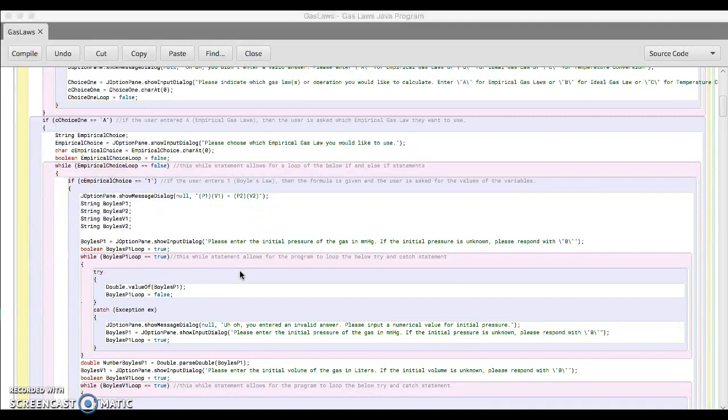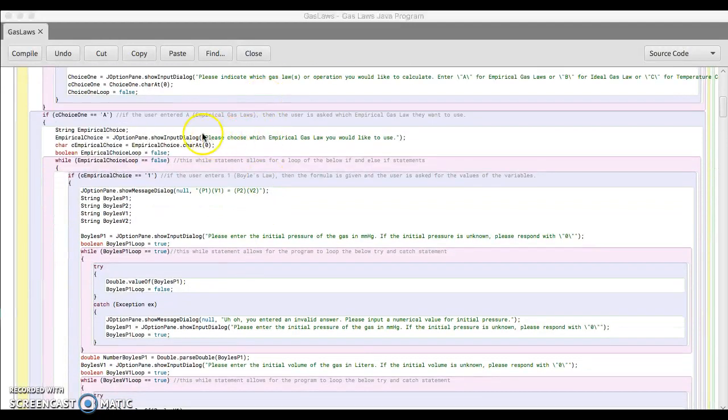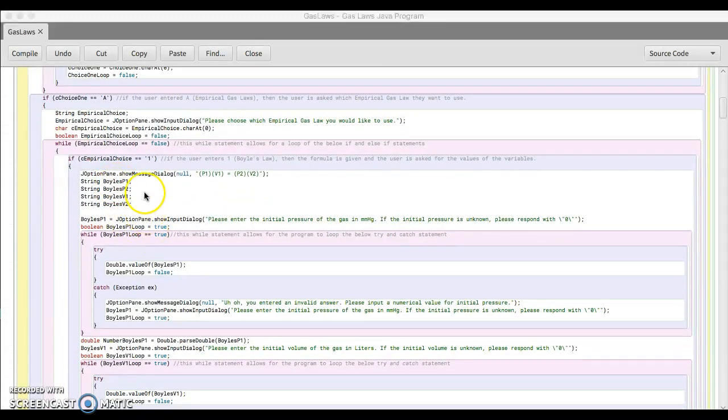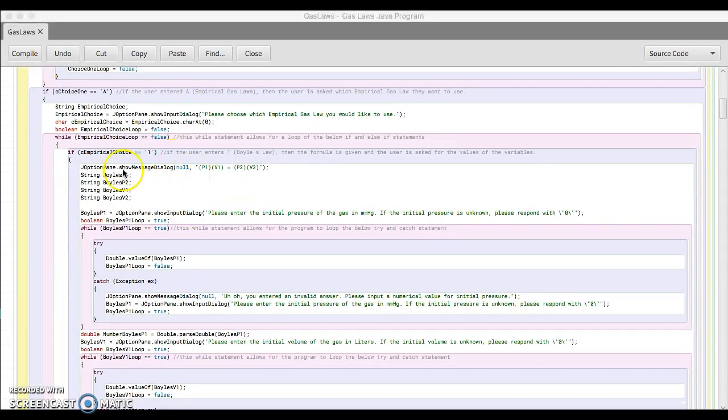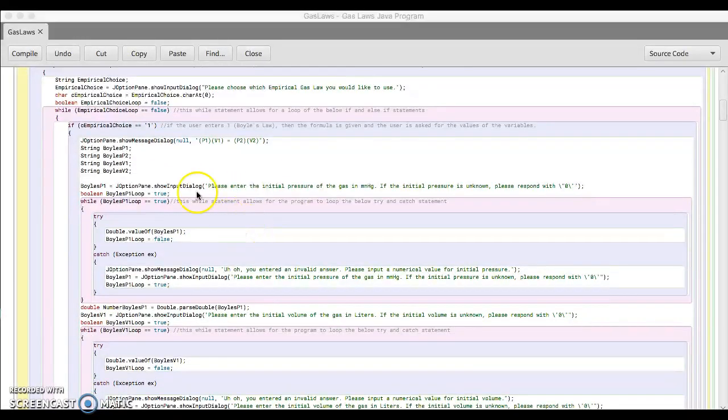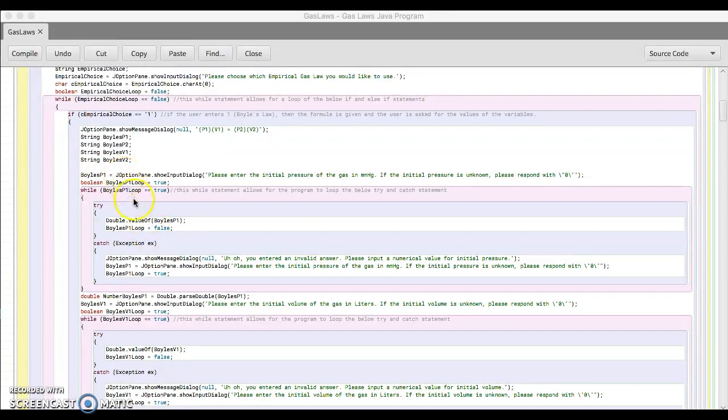So going in further through the code, if the user enters A and then enters 1 for the first empirical gas law, then it's Boyle's law, and here I stated string variables, and also had an option pane print of the message dialog for the formula. And then the user was asked to input the initial pressure of the gas, which I made the variable Boyle's P1. And I also used a while loop to check if the